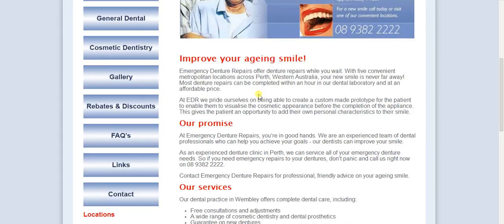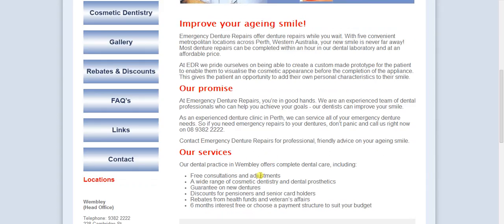it just talks about business features. It says 5 locations, can be done in this amount of time, custom made, in good hands, etc. Our services. It states business features, but not customer benefits. So the headline is good, but then the text just doesn't hold up that engagement with the person on the